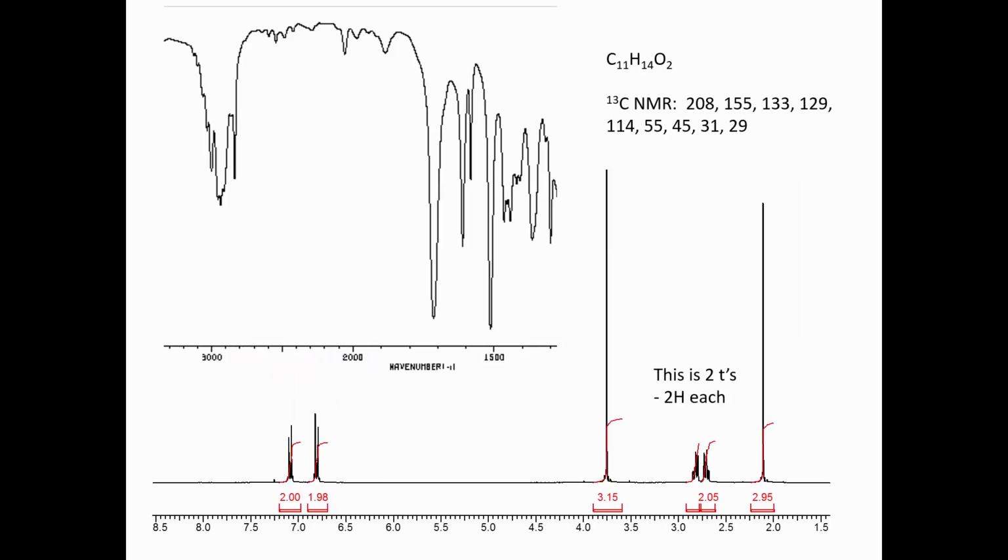All right, here's an unknown. Again, you should try and solve this on your own and then restart the video after you've solved it, just to see if you got it correct or not. All right, so let's look at how we would approach this problem. Like with unknown problems, what we should do is calculate our degrees of unsaturation first. There's our formula,